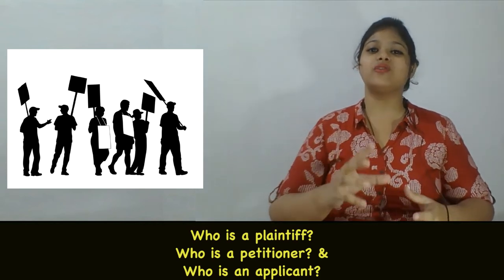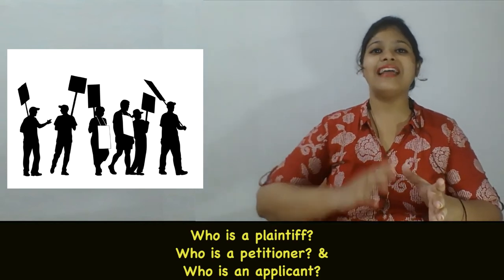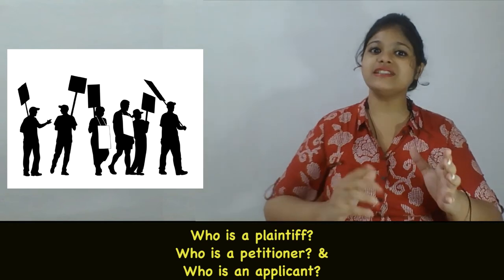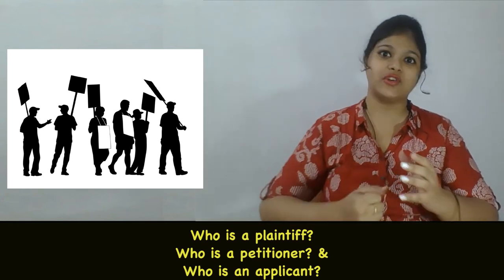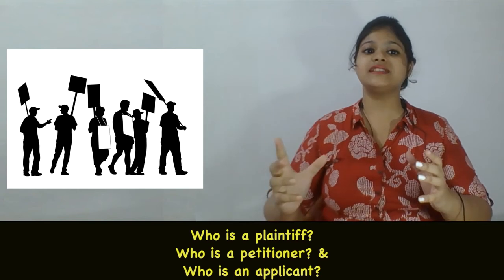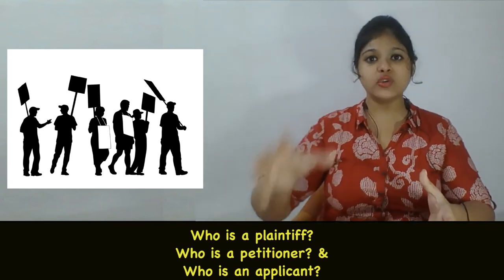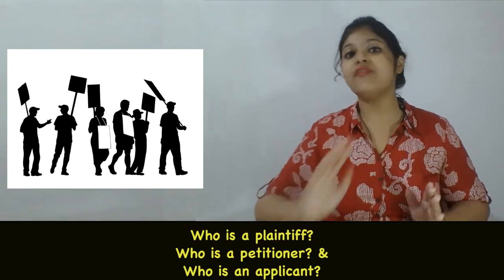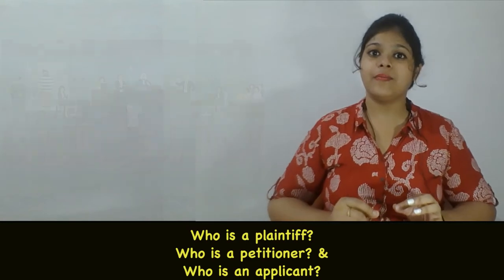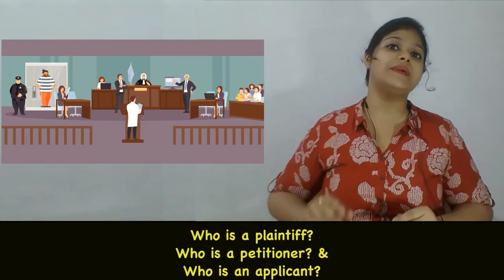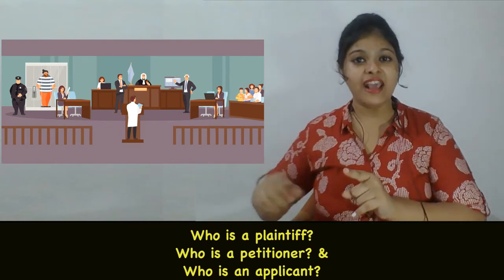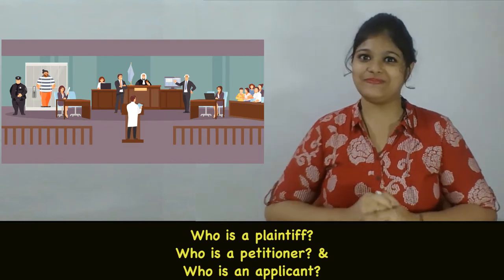So here comes the role of the petitioner and the plaintiff. The petitioner is the one who moves to the court to ask for the remedy, and the plaintiff is the one who seeks the relief. In this particular case, in the suit, there will be the name of everyone as a plaintiff, but the petitioner will be the one, that is A, who has filed the petition.